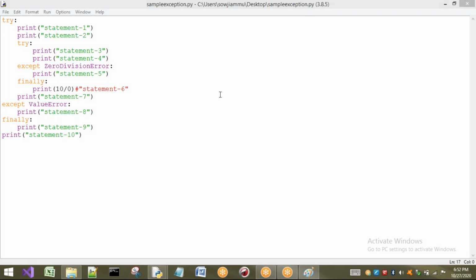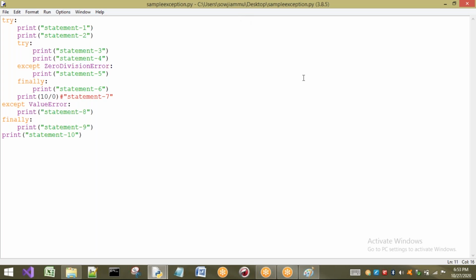Next, I will take an exception in statement 7. That means here I am going to take an exception. Just I will remove this one. I will take it in statement 7. Now here, if there is an exception, the statement belongs to whom? Outer try. Is there any relationship between your inner try and this statement? There is no relationship. Now observe.